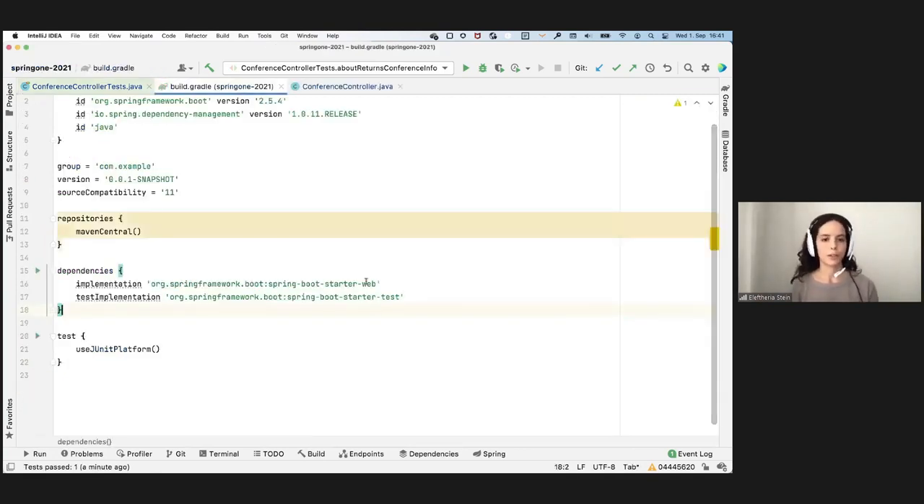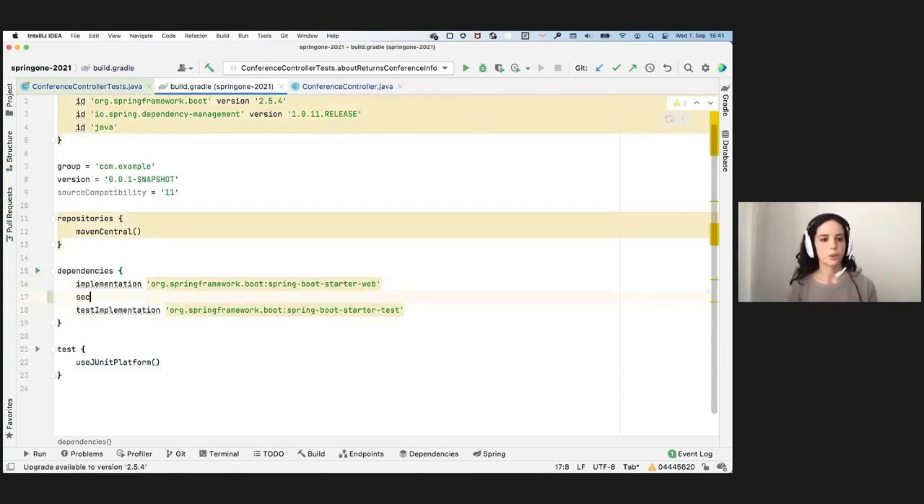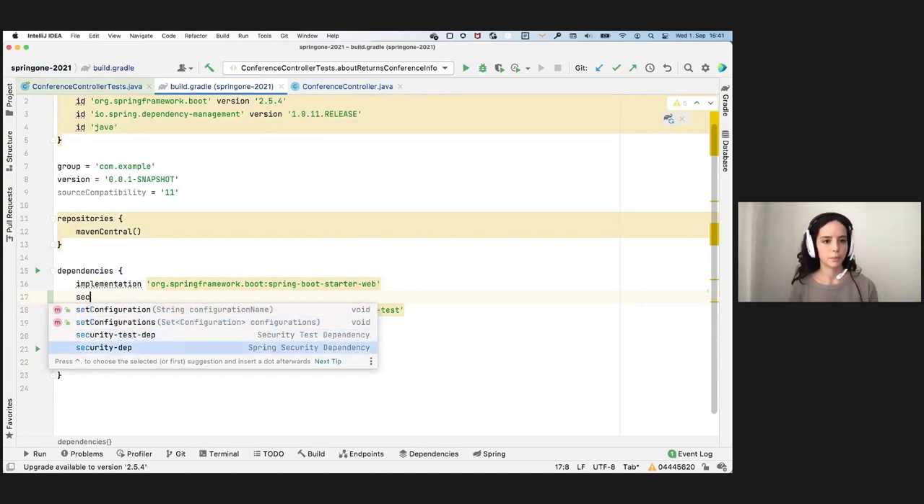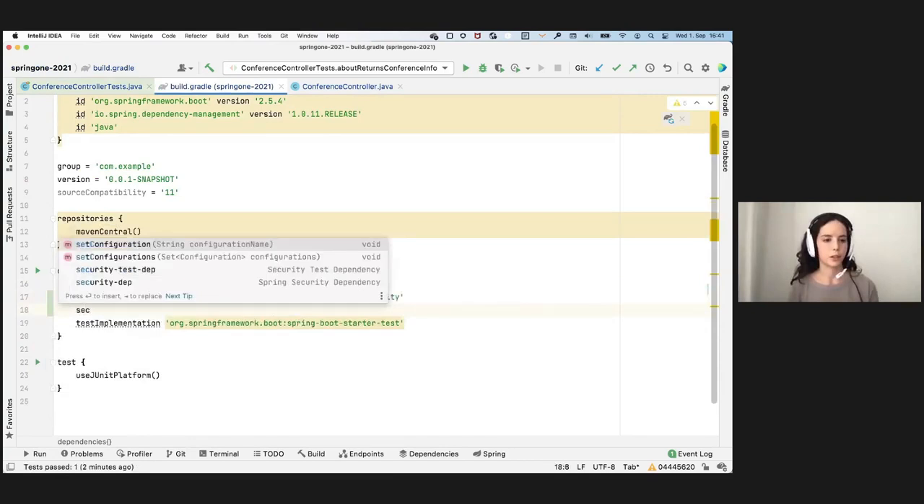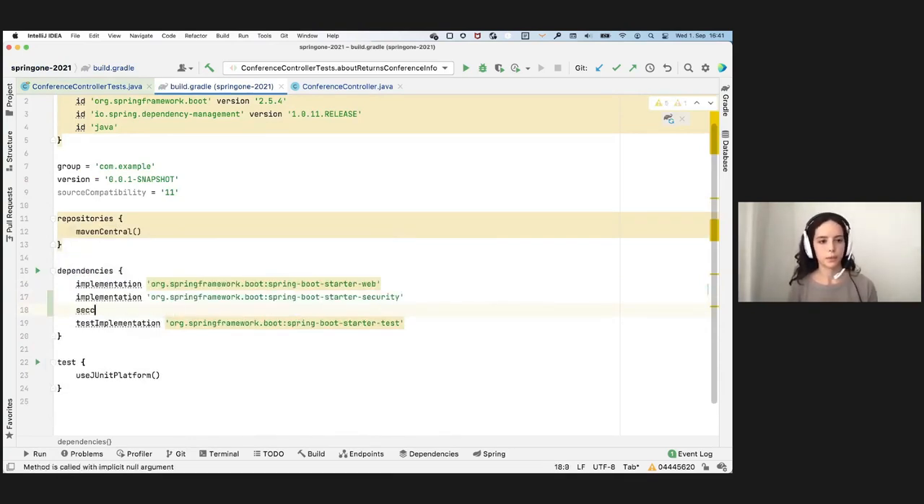So we'll come to the build.gradle here, and we will add our dependencies. We're first going to add the security dependency, which is Spring Boot Starter Security. And then we can add the security test dependency, which is Spring Security Test. And this is going to provide us with the functionality that's necessary in order to simulate making that request as